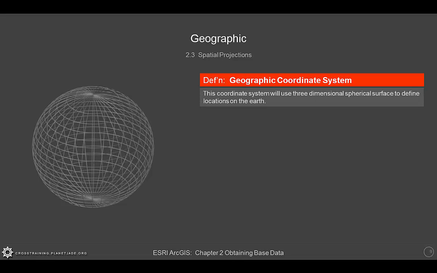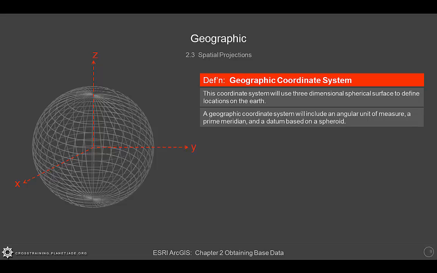This coordinate system will use a three-dimensional spherical surface to define locations on Earth. So we take our typical coordinate system, our x, y, z axes, and we basically put it in the center of the sphere, or most likely the center of mass of the sphere. A geographic coordinate system will include an angular unit of measure, a prime meridian, and a datum based on a spheroid. So a point will be referenced by a longitude and latitude value, so some point on the surface of this sphere,